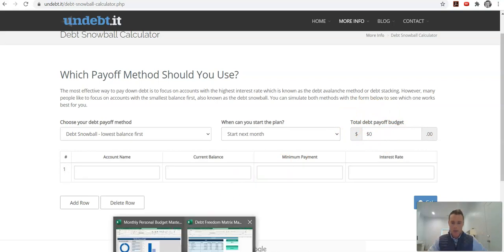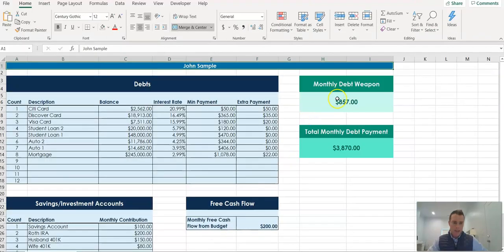Okay, we go back to our matrix. That is our debt weapon amount, but it's also including all the minimum payments we're going to be making. So at the end of the day, it's exactly what this number here in the bottom right green cell shows us. So the total monthly debt payment, it is this number. So we're ultimately going to be paying